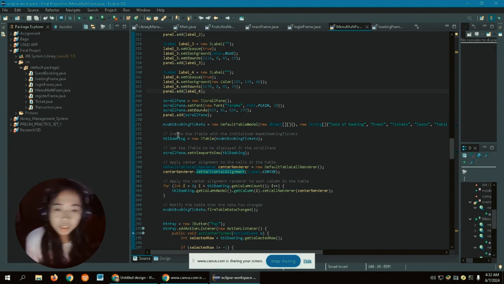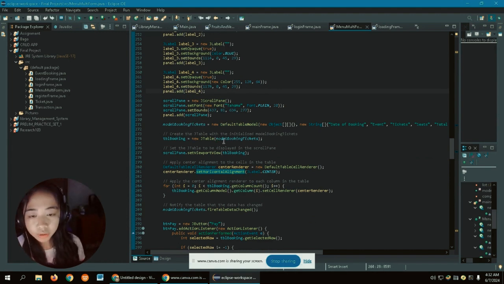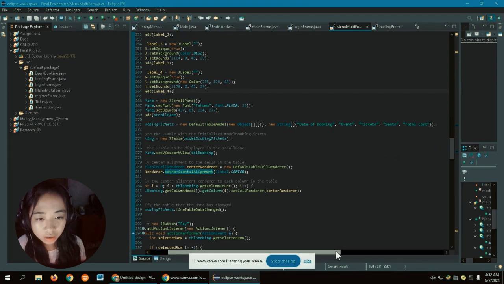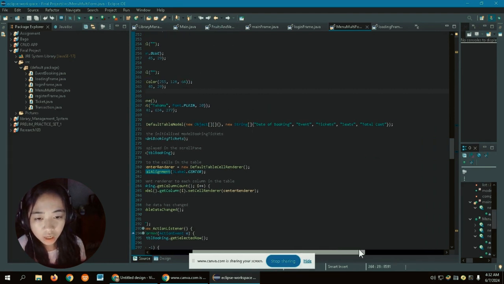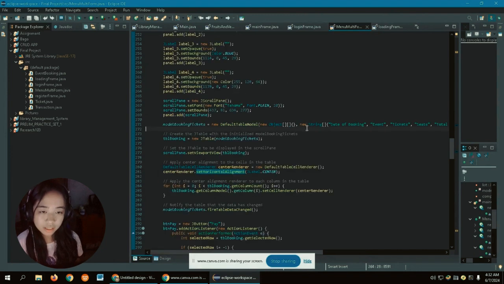Next, here we're making a default table model, and there are columns which are date of booking, events, tickets, seats, and total. So here in this line, we're creating a JTable with the initialized model booking tickets.